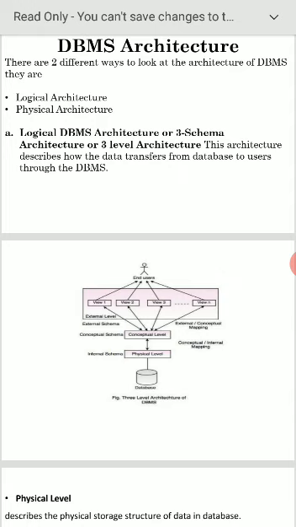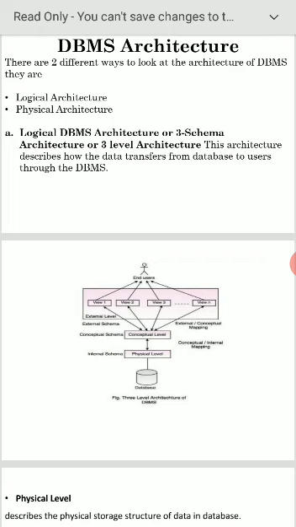Next the conceptual level is there, middle. Lower, the physical level is there. See, the view level interacts with the user. Conceptual level concentrates on what data is stored by the particular user, whatever data they are going to store. Physical level concentrates on how data is stored in the database.